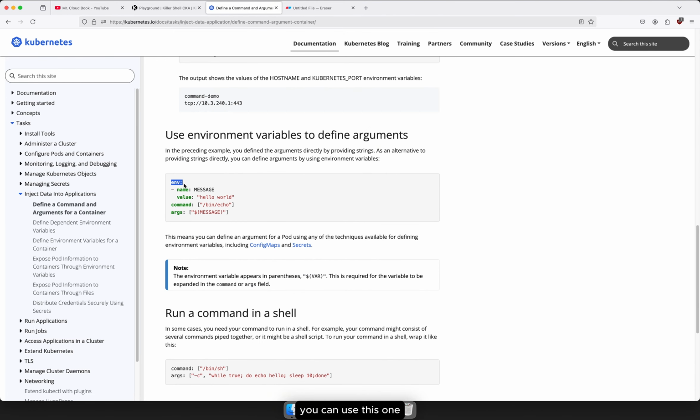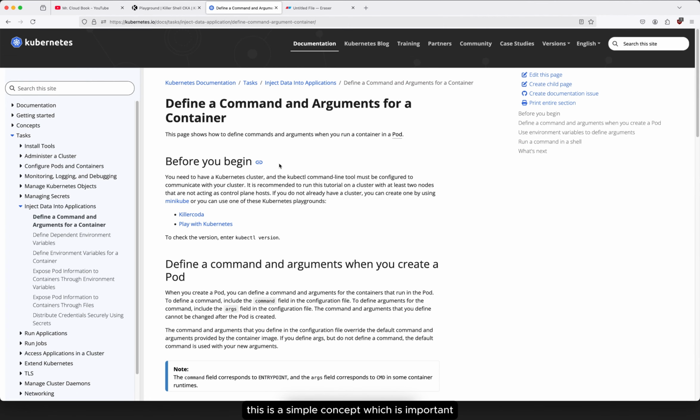Okay. And if you go down a little bit, you can see that env, you can use this one. So name, message, value, hello world. So if you echo this one, what it will do, it will refer to this message. So it will print this hello world. So this is the simple concept which is important. You can check this if you want to know more about it. Okay. So I hope you understand about the commands and arguments,